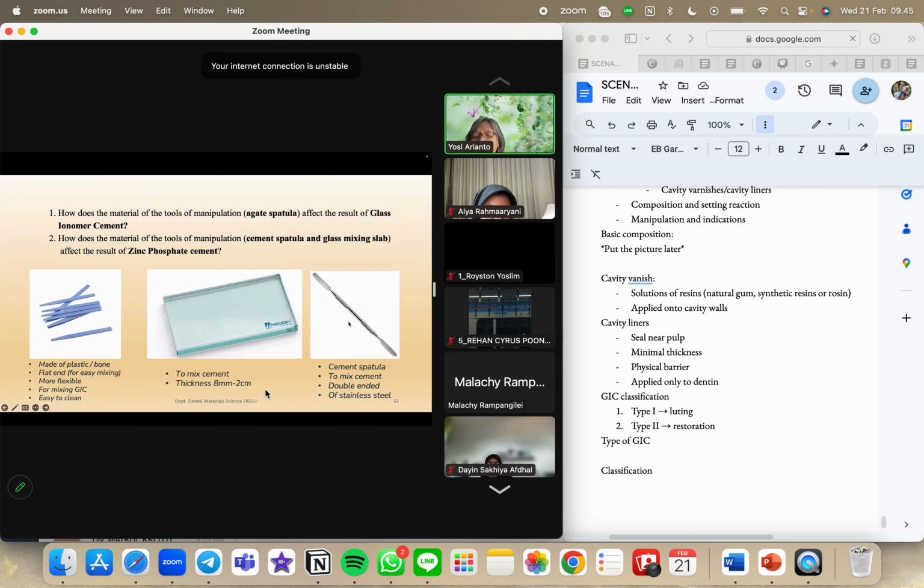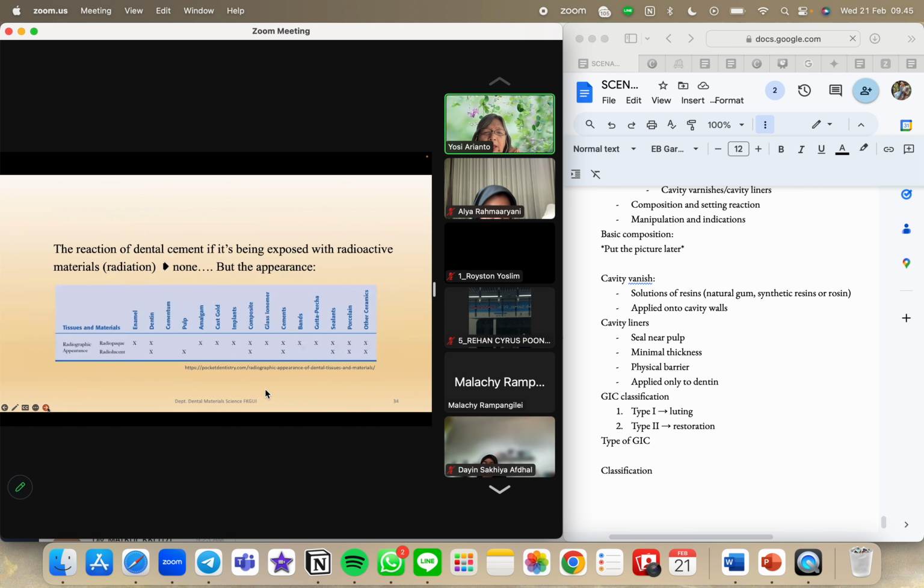You can use it usually for cement, zinc oxide cement, zinc phosphate cement, yeah, but so use this agate spatula, yeah. The next